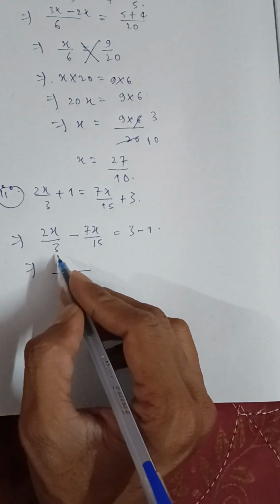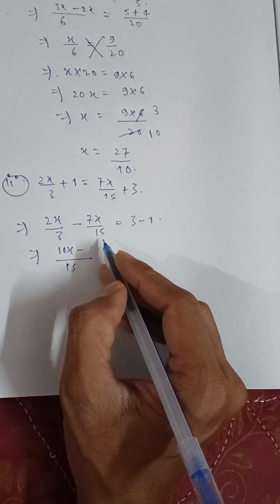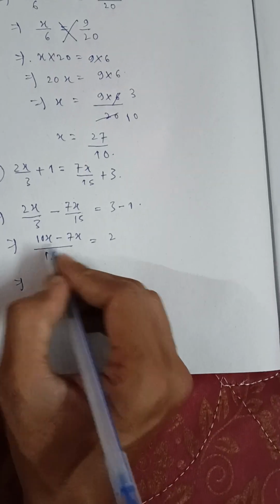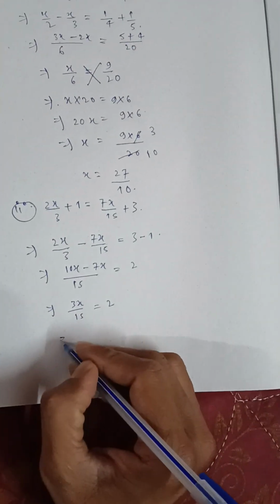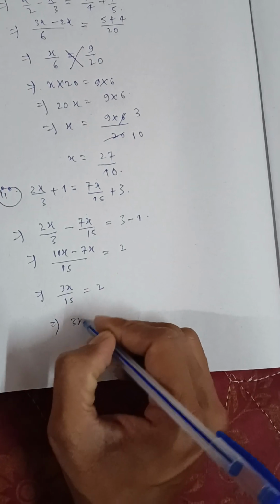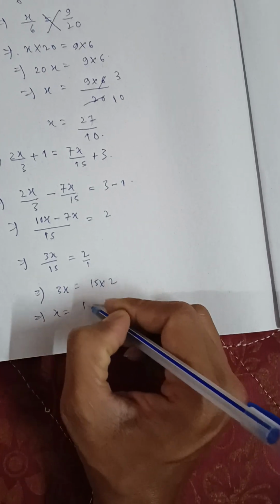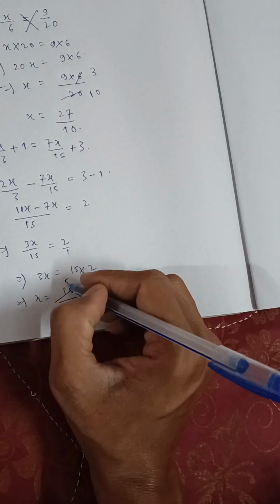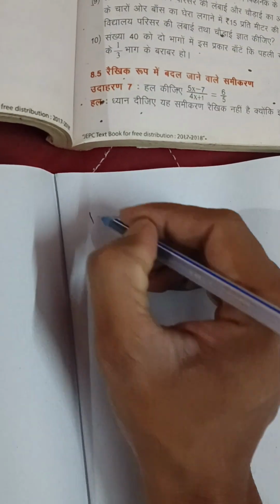15 divided by 3 equal to 5, 5 into 2x equal to 10x minus, 15 divided by 15 equal to 1 into 7x equal to 7x equal to 3 minus 1 equal to 2, so 10x minus 7x equal to 3x divided by 15 equal to 2, and 3x equal to 15 into 2 and x equal to 15 into 2 divided by 3, and 15 divided by 3 equal to 5 into 2 equal to 10. And third question is